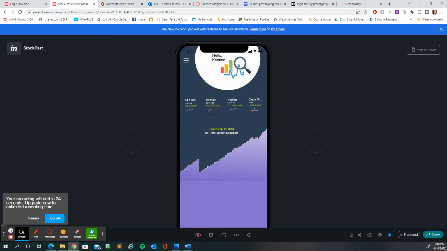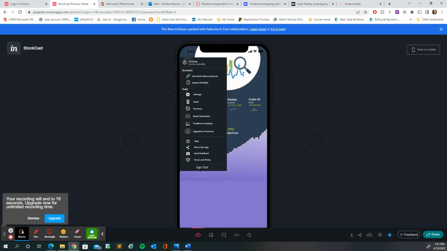And this is where they can see all this information in real time. Here is where they can access the menu of all of their tool options. As I mentioned before, they want to be able to access live values of stock markets, which we have on that main page. They want to invest